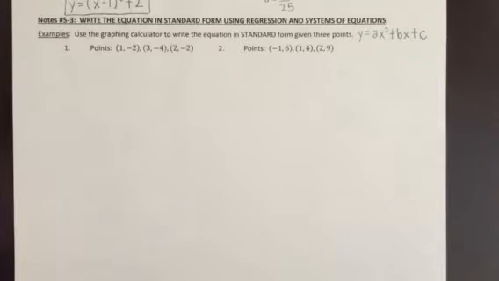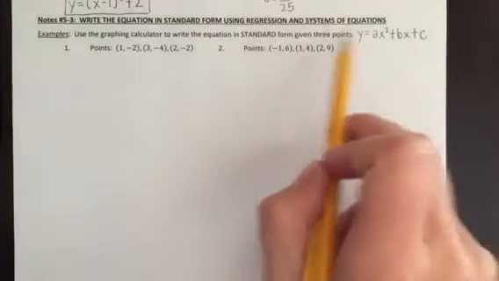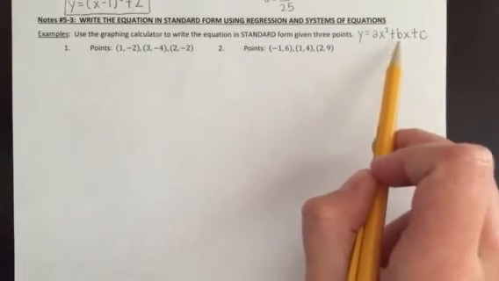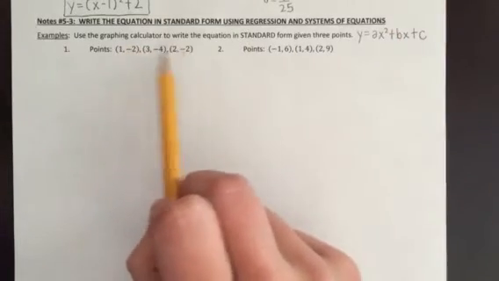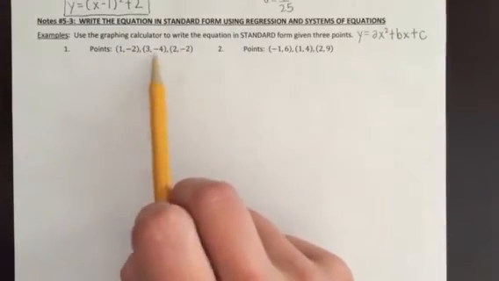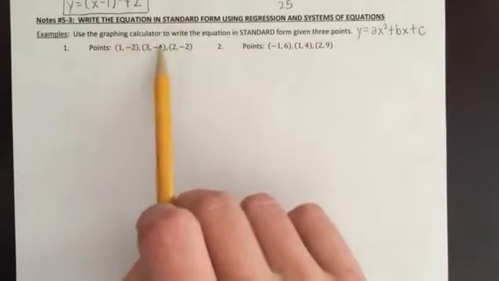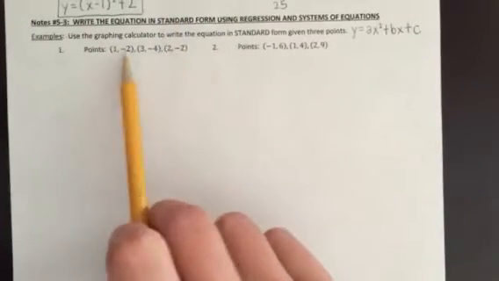Right, today we're doing a pretty fun lesson. It's notes 5-3. Write the equation in standard form using regression and systems of equations. So yes, we're going to do two different methods for writing an equation of a quadratic in standard form given 3 points. Notice the difference from yesterday's lesson is now we're given 3 points and we don't know